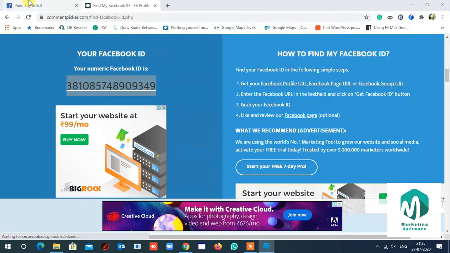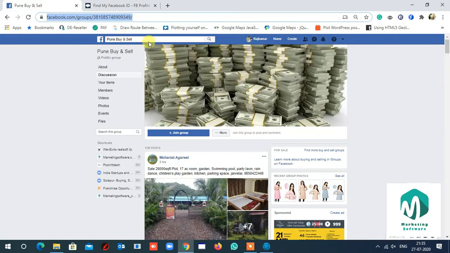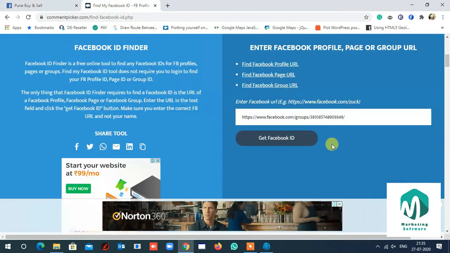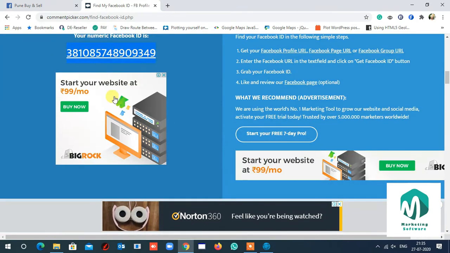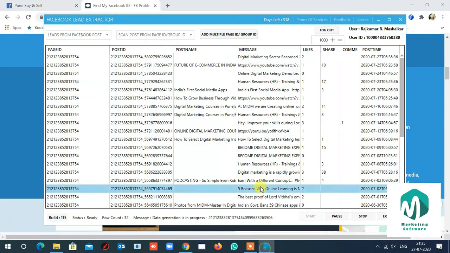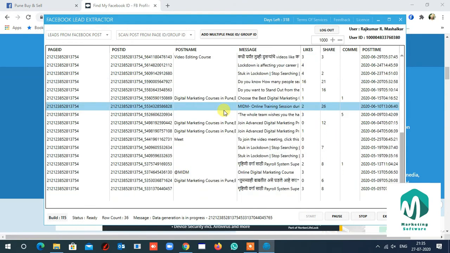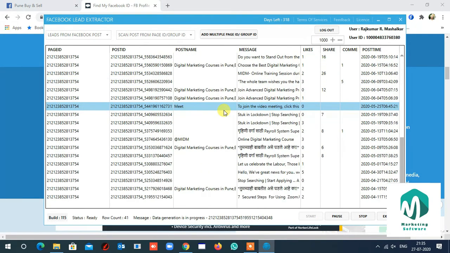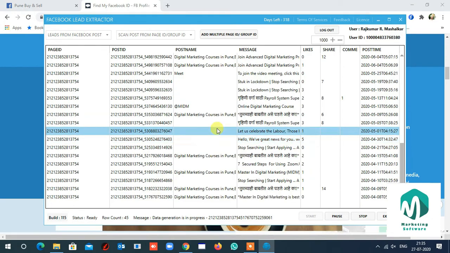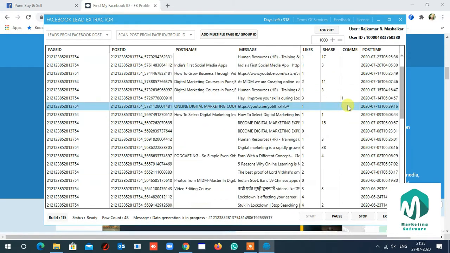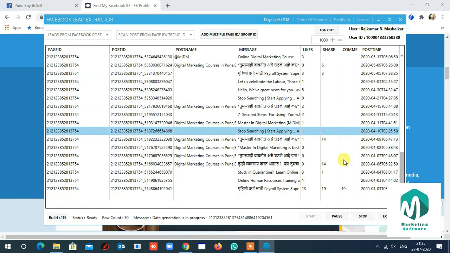And you know how to find the page ID. You can open the page which you want to open and just copy that URL and just paste here. It will show you that page's unique ID number. So you can copy that ID and just paste here in the software. You can see now it will be extracting the posts from that particular digital marketing page, which I want to extract, their shared, comment numbers and shared number data.